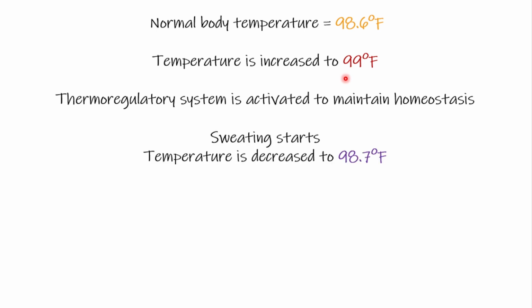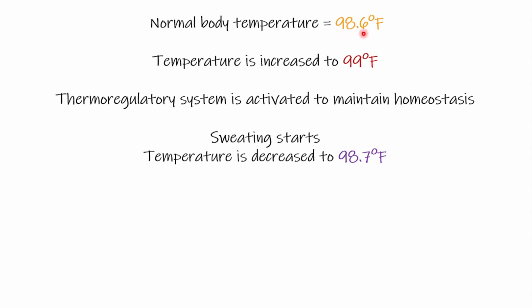The sweating mechanisms start. The thermoregulatory system is activated and the sweating starts. Now this sweating will try to bring this 99 Fahrenheit temperature back to 98.6, or as near as